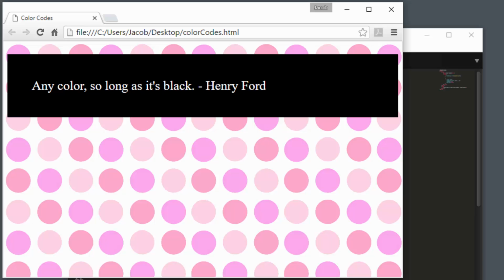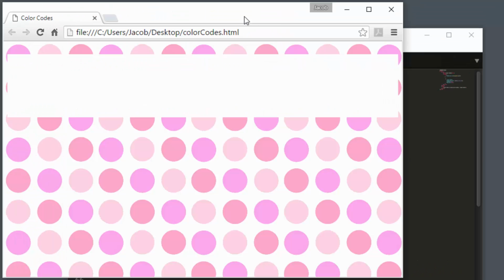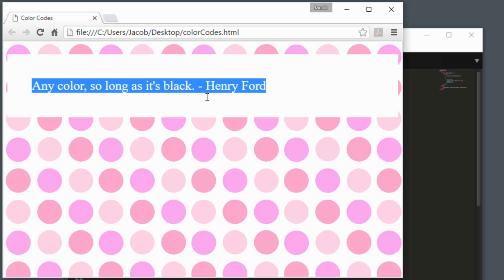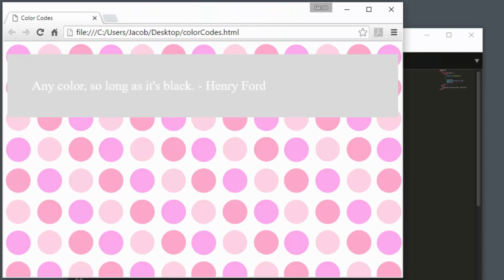So what RGB color values would result in white? That would simply be the blending of all colors. Set all the RGB values to 255, and there you have the color white. Of course, the text is no longer visible unless you select it. You can get any shade of gray by setting the intensity of the three primary colors to the same value. Set the color to RGB 220, 220, 220. This is a very light gray, making the white text on top of it difficult to read.